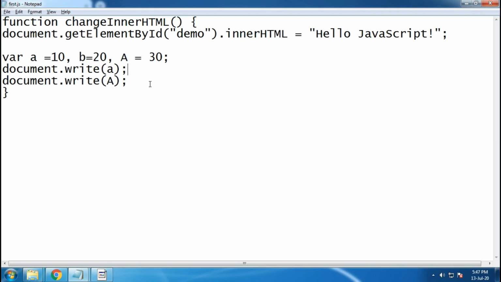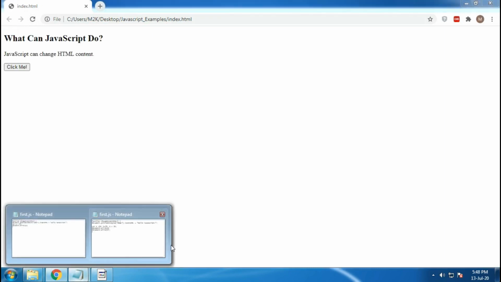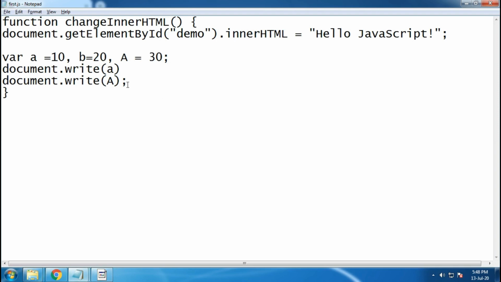Okay, you can remove this semicolon, and still, let me save it and go here, refresh it, and you are still able to see this page. Okay, everything is working fine, but as good practice you should always use a semicolon.